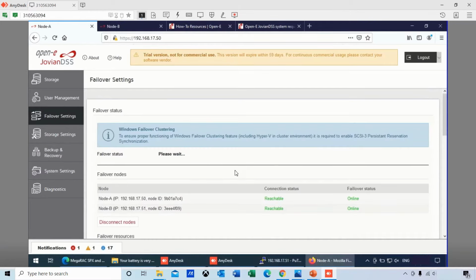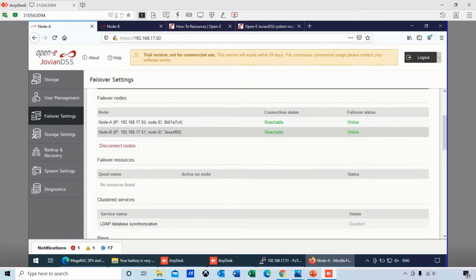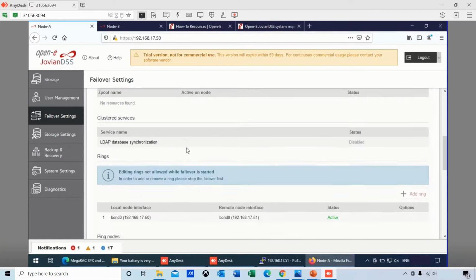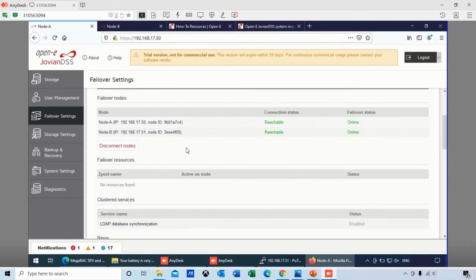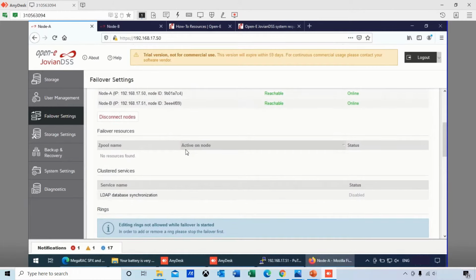Here you're seeing that what I'm connecting to is the two bonds, and those are going to be my failover nodes, and they're also tied in. If you look at the GUI here, I'm using 17.50 in the third and fourth octet. Is that node A and node B? What we're doing is we're creating a ring between the two failover nodes. Once you set that up and you connect, it's going to tell you, by the way, as I scroll too fast, that it's reachable and online. So set your bond, connect your nodes, and it'll stay online and reachable.